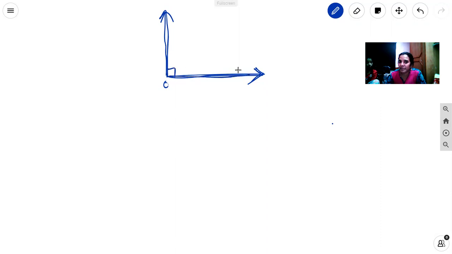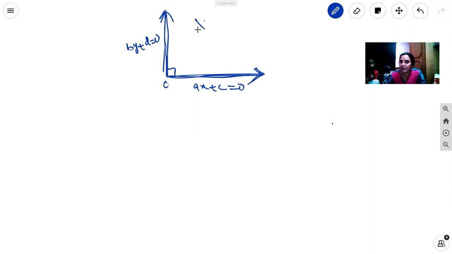On the x-axis, the y coordinate is 0, so the straight line can be represented as ax plus c equal to 0. This is the general form of a horizontal line, where x is a variable and a and c are constants. Along the y-axis, we can take by plus d equal to 0, since on the y-axis the x coordinate is 0. If the lines are along the x and y-axis, the representation of the lines is like that.